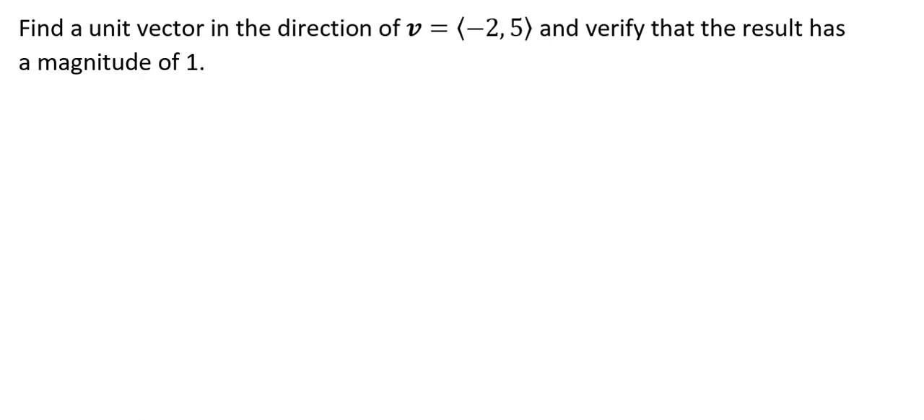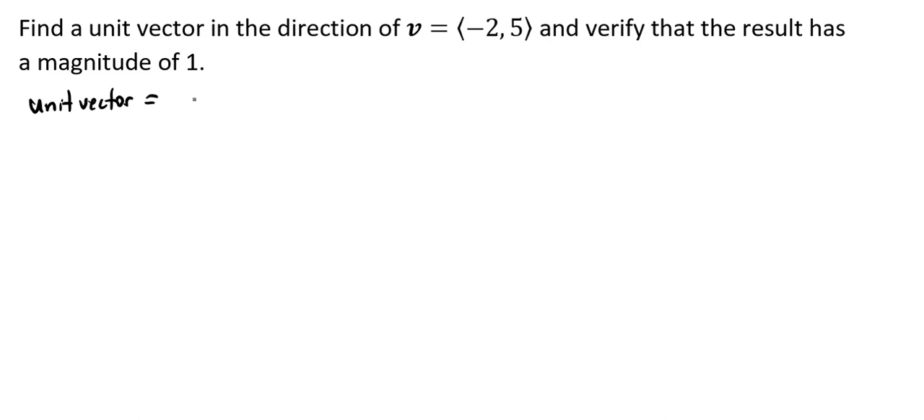Hey, so in this video, we're going to be finding a unit vector in the direction of vector v that has components of -2, 5, and then we're going to verify that the result has a magnitude of 1, thus making it a unit vector. All right, so first we're going to remember that a unit vector